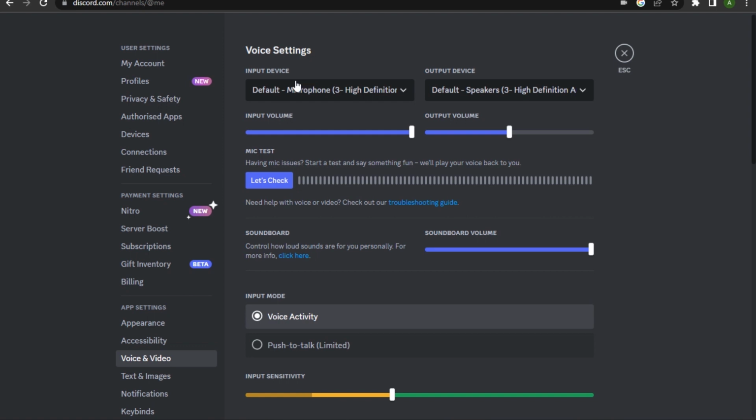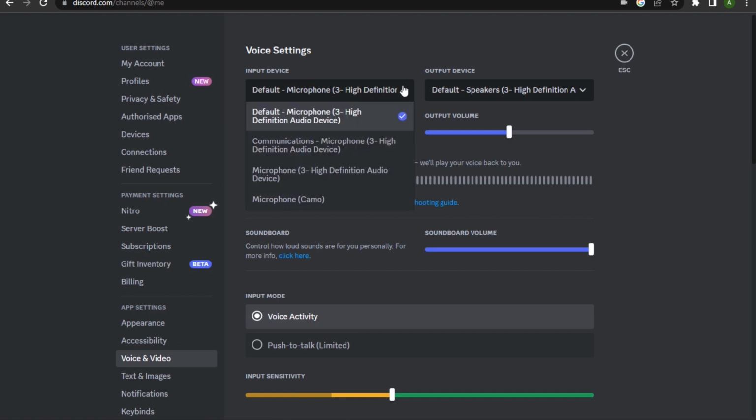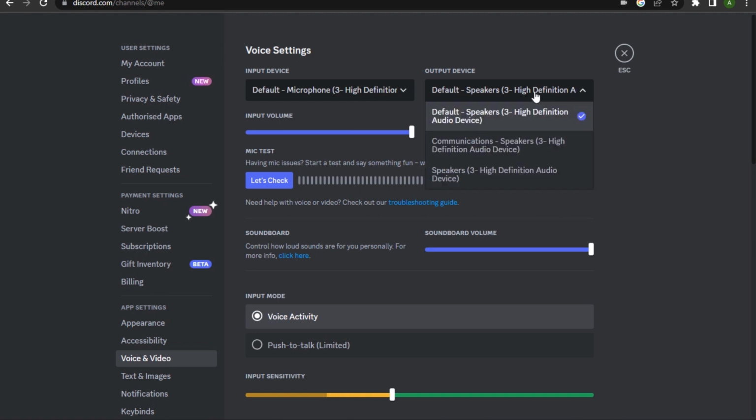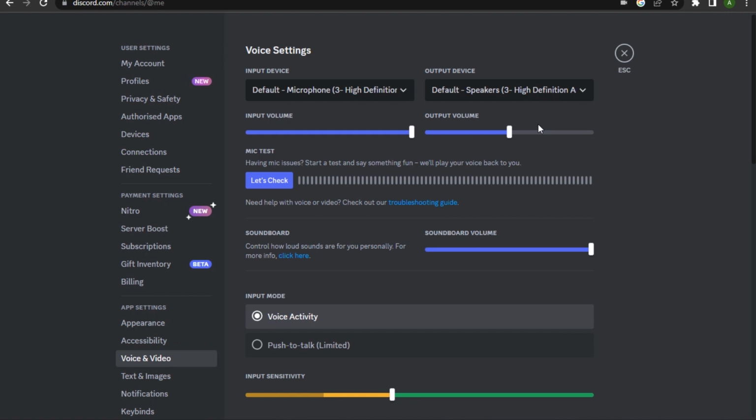Once you have entered here, make sure your input device is set to your required microphone. Once you are done, you have to go for your output device if you want to, otherwise leave it as default. Once you are done, you have to go for the input volume and make sure it is at